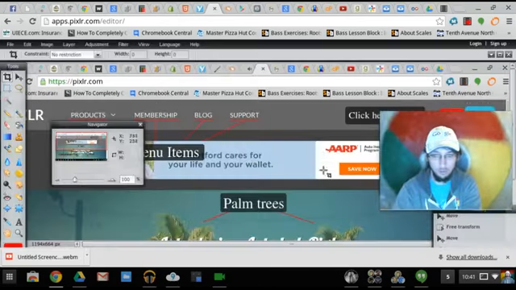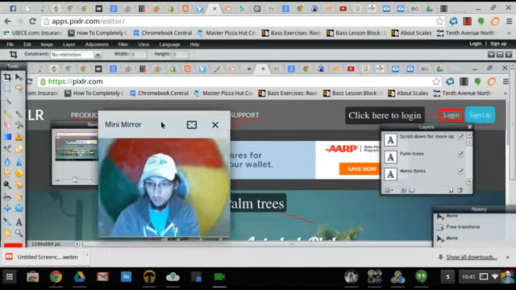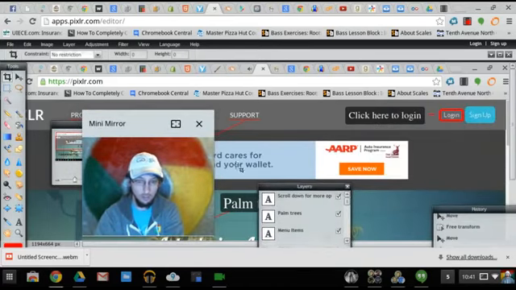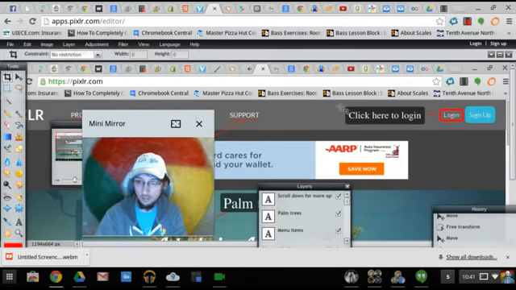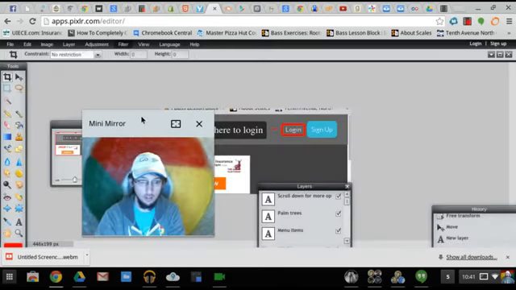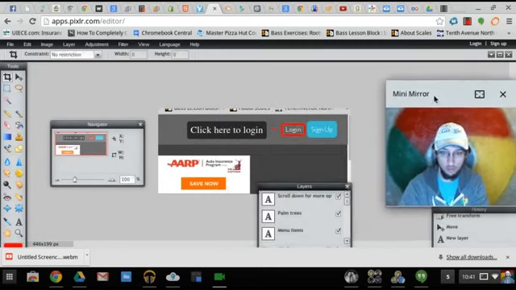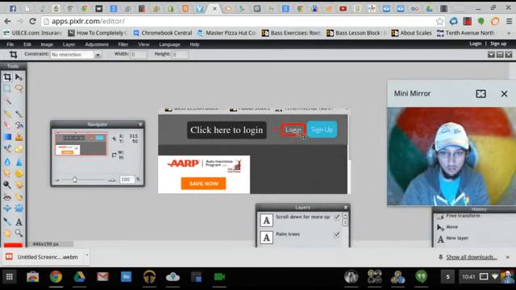So maybe you're just really trying to show them how to log in, and you don't want to send them a huge photo. Maybe you're going to send this to them on their phone. You just need them to see one portion. So make your annotations, and then maybe just crop this part. And now you're just sending in the important part of the image that they really need to see, the login button, right? So